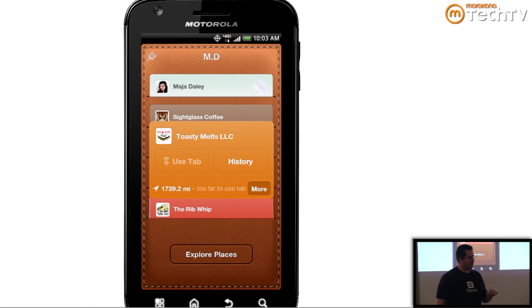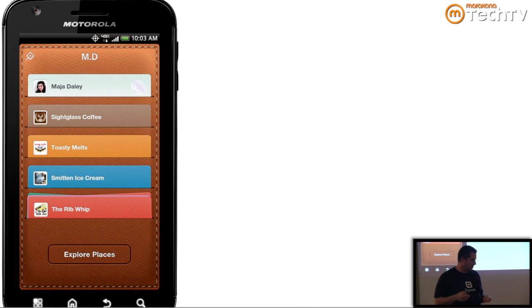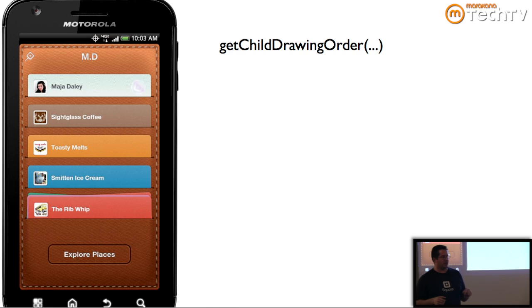So the trick was, how do you get a card to slide into a pocket in a UI, and then once it's at the top, it comes down. Now it's on top of everything else. Okay, so the way we did that was, first I override a method called getChildDrawingOrder. Now the whole thing is just a custom view that extends ViewGroup. And then I just override a series of methods. So getChildDrawingOrder,